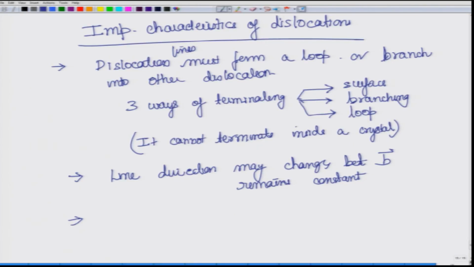Now, we have already also talked about other characteristics in terms of dislocation line forming a loop. A corollary of this is also that the Burgers vector must be conserved. Now, like we said, it can branch out. When it is branching out, it would mean that the total Burgers vector in the sum, whatever three or more branching that is taking place, it must remain conserved. So, we will look at what exactly this means. Burgers vector is conserved. We will look at it in a moment.